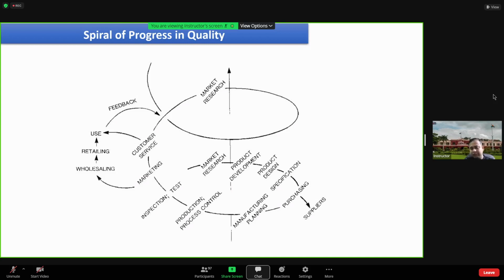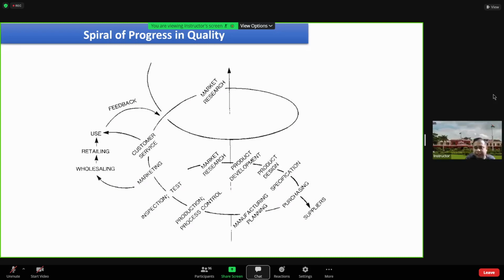And there are quality gurus that have given the definitions, or when we are discussing total quality management. So the basic concept of total quality management is that quality is not the responsibility of one person. Because the earlier concept said that quality is the responsibility of the person who is producing. So they were saying that quality is the responsibility of the worker or the manager in the manufacturing shop, or the quality inspector who is there.